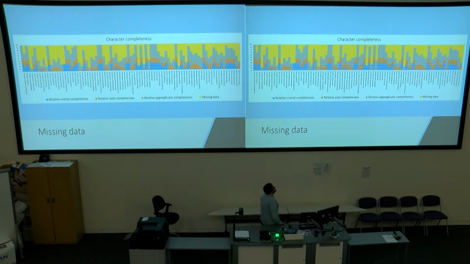Finally, missing data. Whether or not it has a huge impact on the phylogenetic analysis, the problem at hand is that basal sauropodomorphs have a lot of missing data. This plots the amount of characters that you have from the cranial region, from the axial region, and from the appendicular region. Although some of them are more or less complete, you have a lot of missing information. There is also a lot of focus on the appendicular characters, and people are neglecting the vertebral characters.